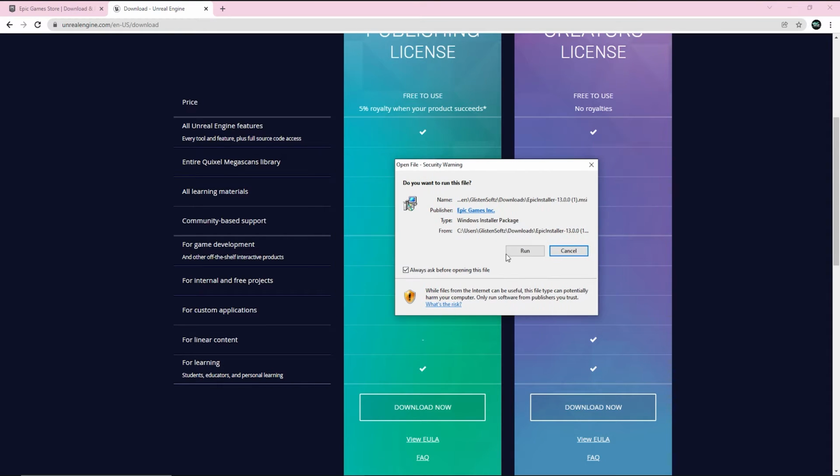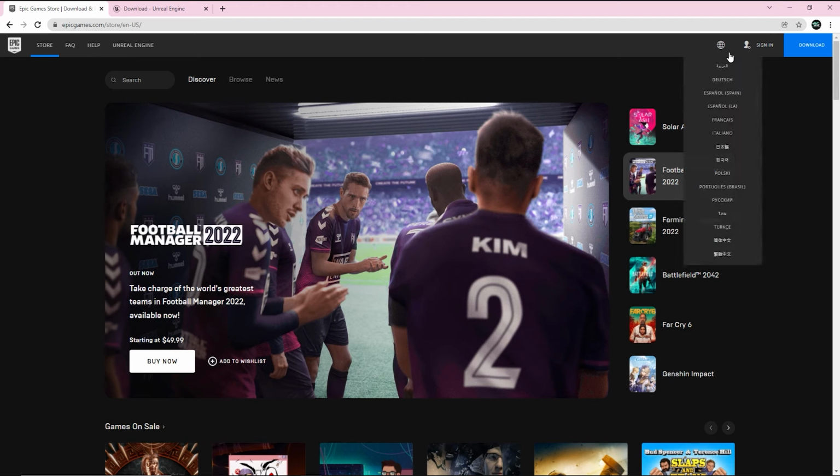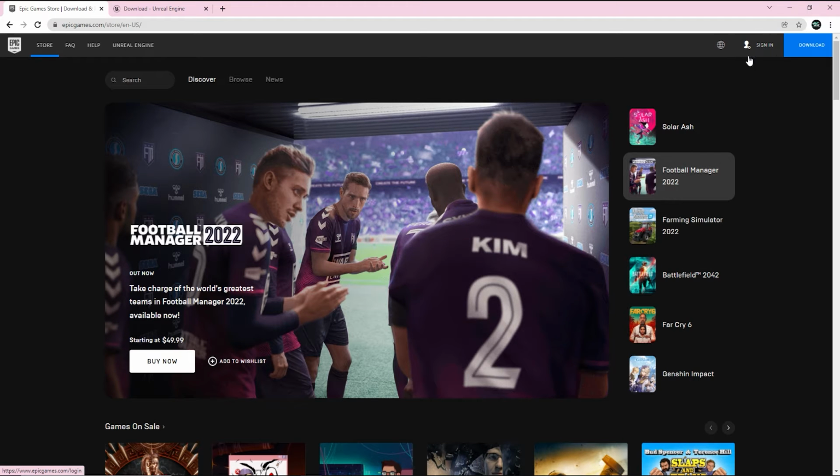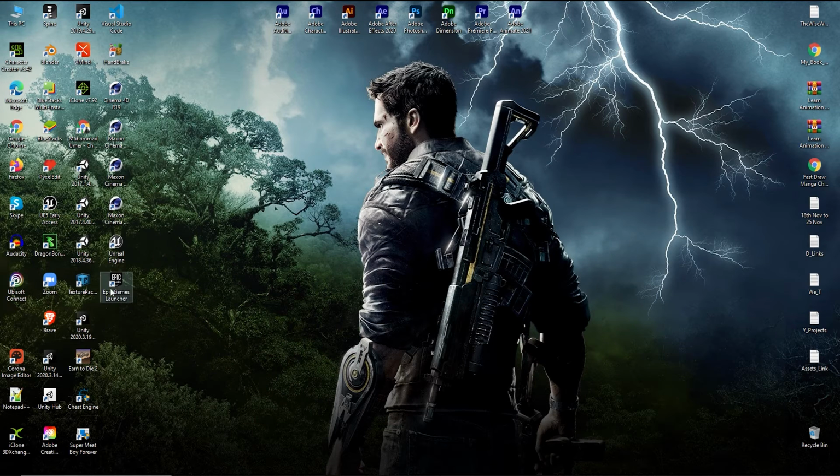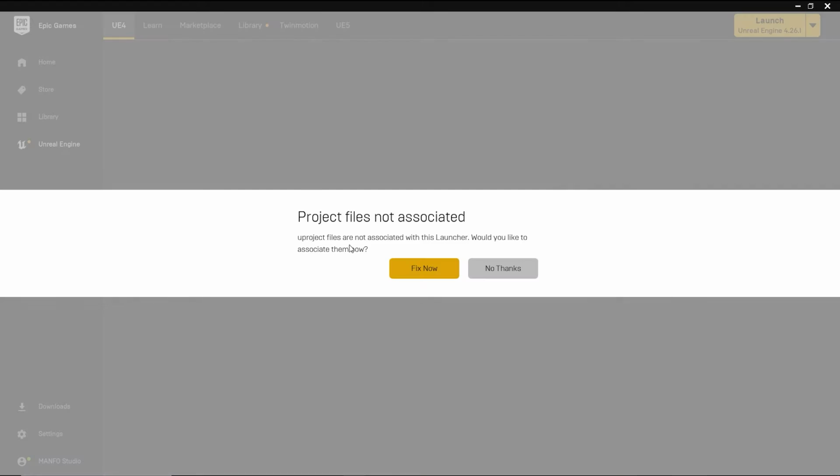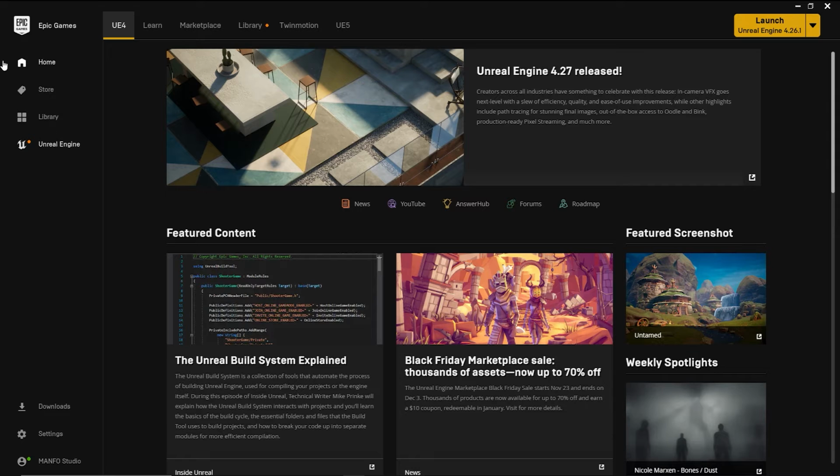after downloading the Epic Launcher, just install the Epic Launcher. And you should also create an account for Epic Games. As I already have downloaded Epic Games, just click on this and open this. And after installing the Epic Launcher, creating an account and logging into your account, then you can see these